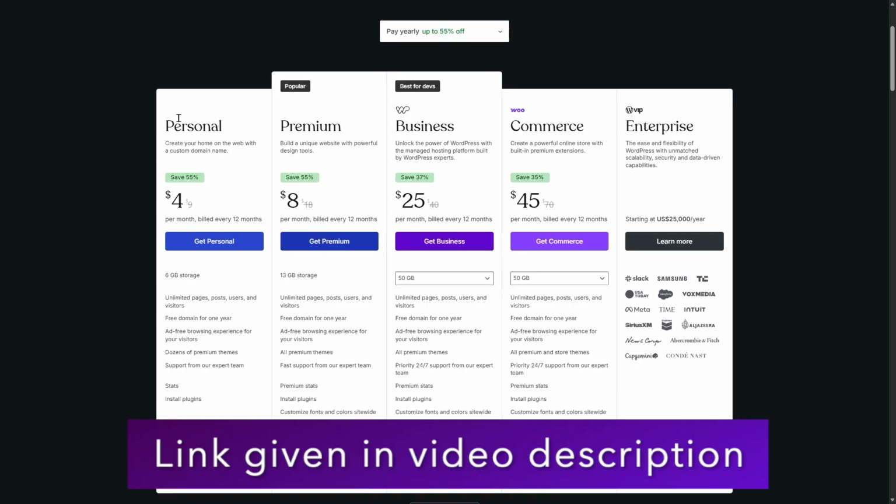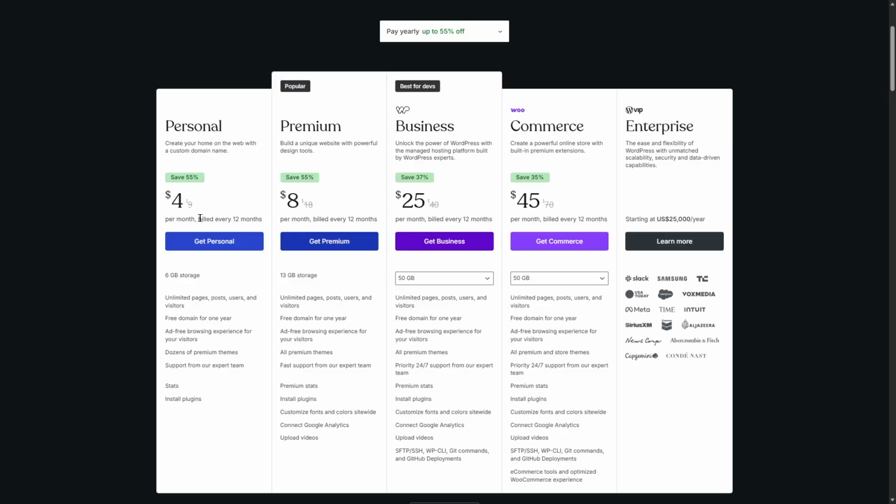The personal plan is normally $9 per month, but you can see that the pay yearly is being selected, so we can get a 55% discount. It's available at $4 per month, which is billed every 12 months. With this plan, you get 6 GB storage, unlimited pages, posts, users, and visitors, free domain for 1 year, ad-free browsing experience for your visitors, dozens of premium themes, support from the expert team, stats, and you can also install